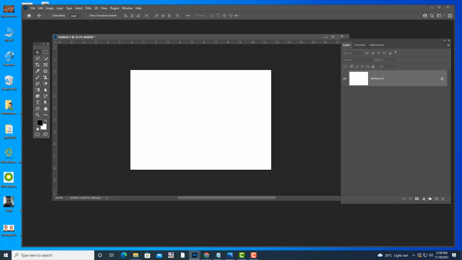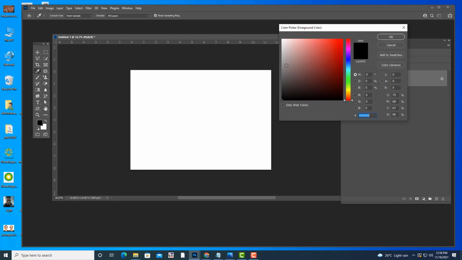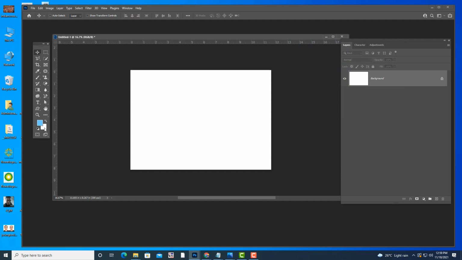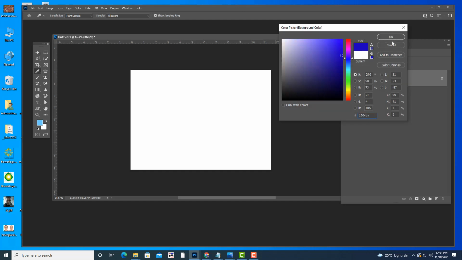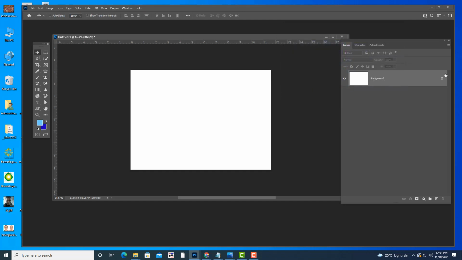Right now the foreground color is black, background color is white. So we will change it to some different colors. So I am going to change it to some blue and dark blue color. Now I have changed it to blue and dark. Okay. Now we will apply simple basic filter.